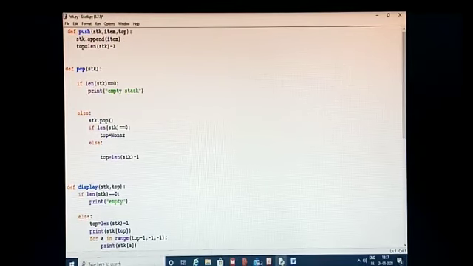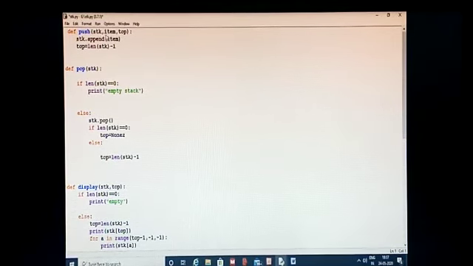With the help of the top variable we are going to display the elements. Because we are using append over here, append automatically inserts the element at the end of the list. Top is used for display, from top to 0 we are going to display.